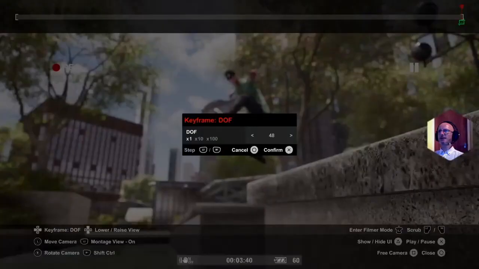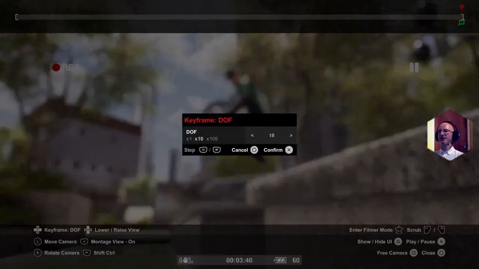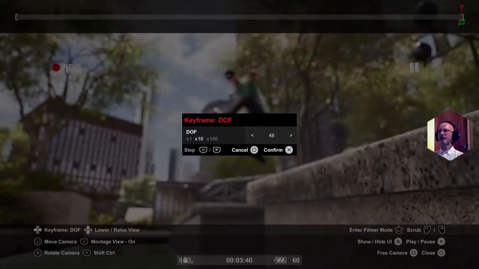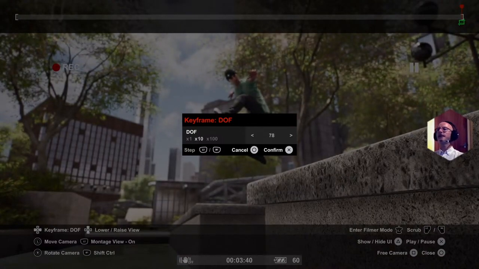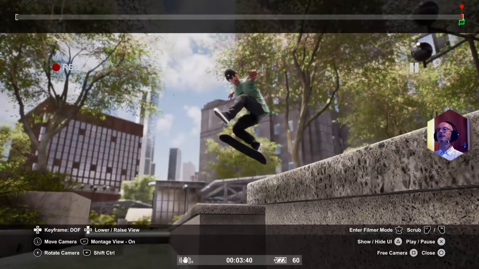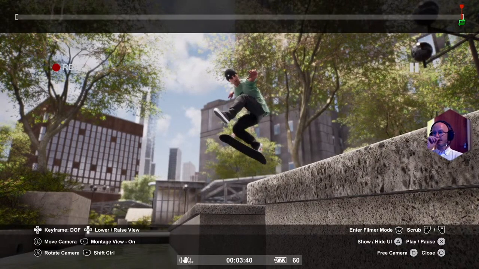We'll go back to the depth of field because that's changed. 68 seems fine. 78 looks fairly good as well, but I'll just bring it back a touch to 82. So he looks much more in focus. The background is a lot less, but we've still got all of the elements that make it an interesting picture,